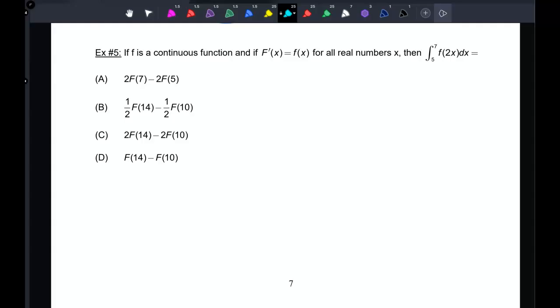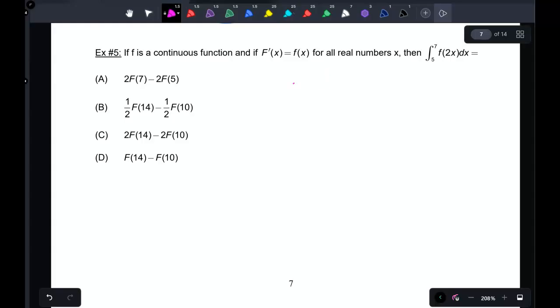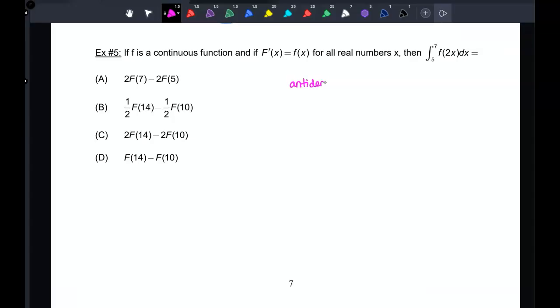Here's my function. Sometimes on the AP exam, they use the capital letter F in place of the derivative, which means when I work backwards, if I'm taking the antiderivative of lowercase f, the antiderivative will be a capital letter F. That makes sense. All right, so